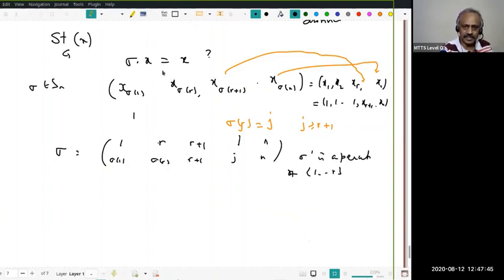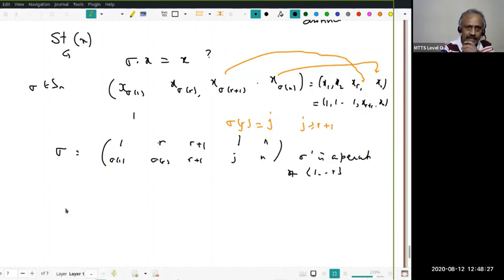Conversely, if sigma dot x equal to x, look at this, equate, that means these fellows must be equal, and these are all distinct. Therefore, there is no way. This x sigma r plus 1 must be xr plus 1. Can it be any other j for j greater than or equal to r plus 1, different from r plus 1? No, because xr plus 1, xr plus 2, xn, they are all distinct. So the only way out is it has to be xr plus 1. Whereas here, it could be x1, maybe x3, and xr maybe x1. Anything can happen. So it could be a permutation.